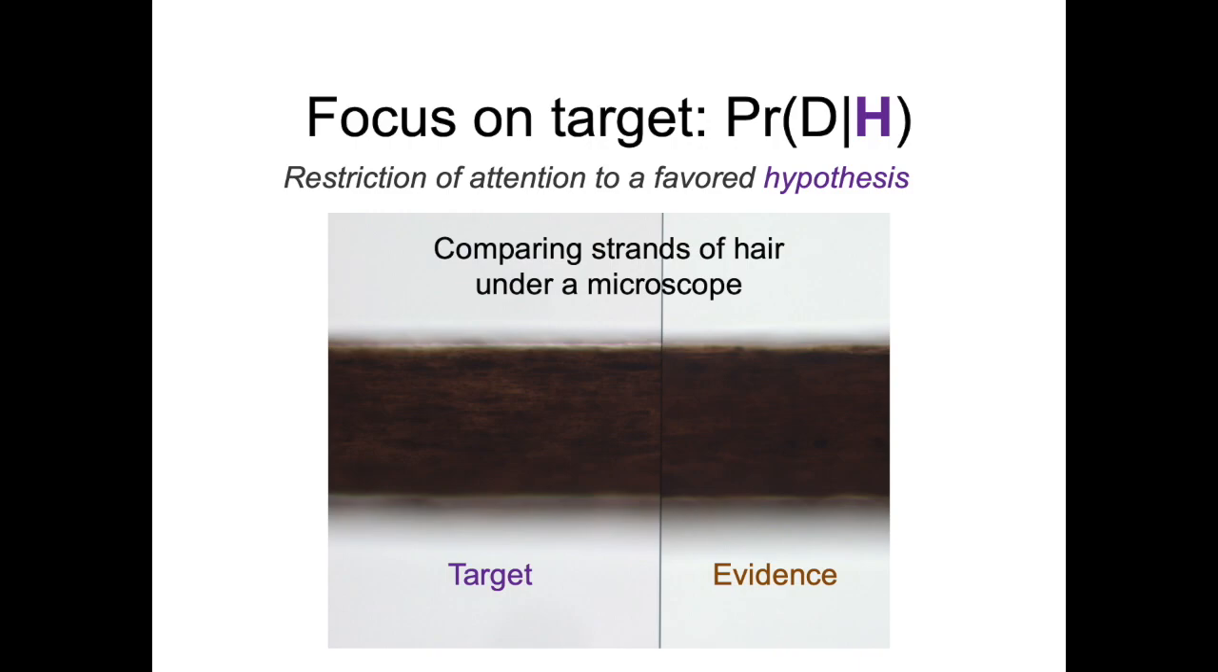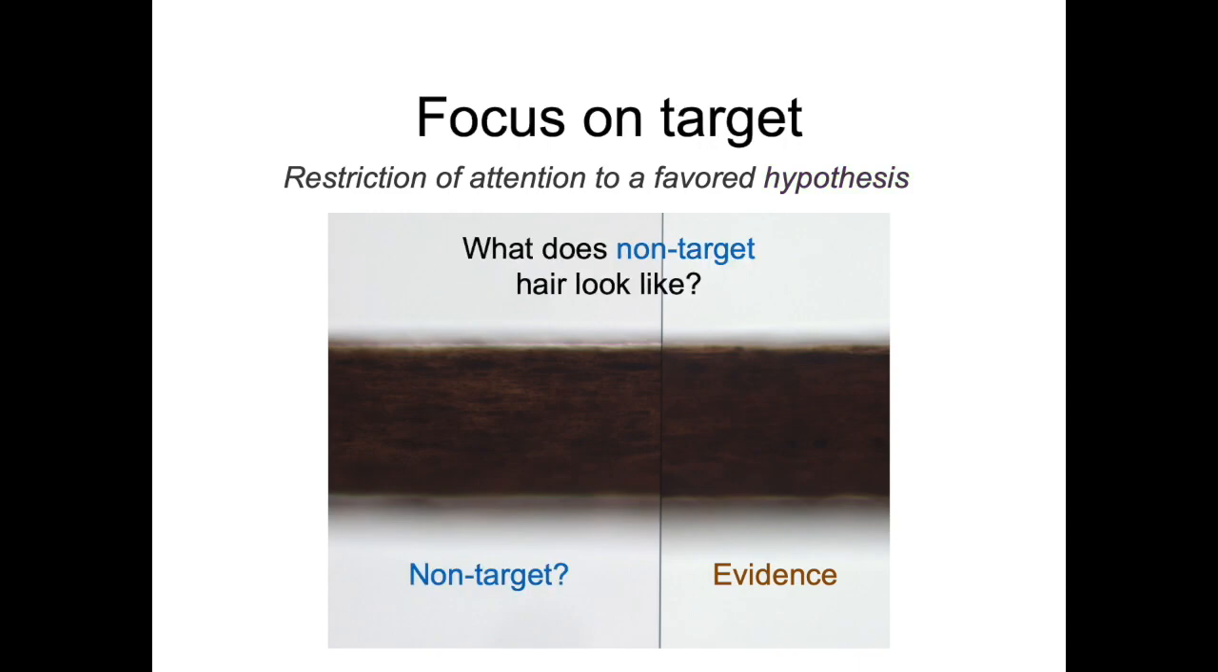Looking at these 2 strands of hair under the microscope, they look very similar. Are they the same? Are they not? Well, from the picture, maybe it's a match. But by focusing on the target, we're not asking, what does non-target hair look like? What would a comparison of someone else's hair look like, who wasn't a target of the prosecution, with the hair